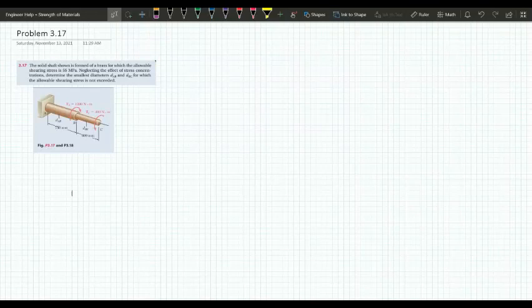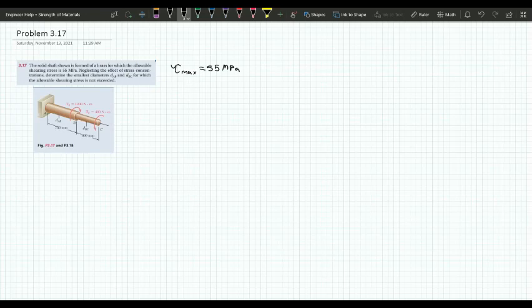So problem 3.17 states the solid shaft is formed of a brass for which the allowable shearing stress is 55 megapascals. So let's take a note of that. So tau max equals 55 megapascals. Neglecting the effects of stress concentrations, determine the smallest diameters DAB and DBC, for which the allowable shear stress